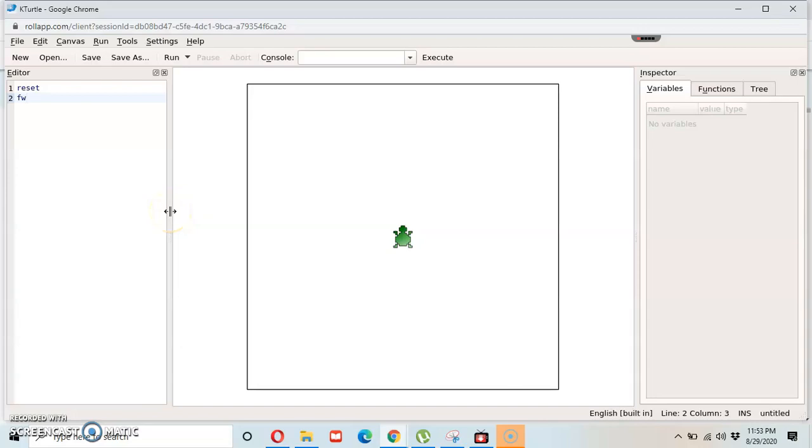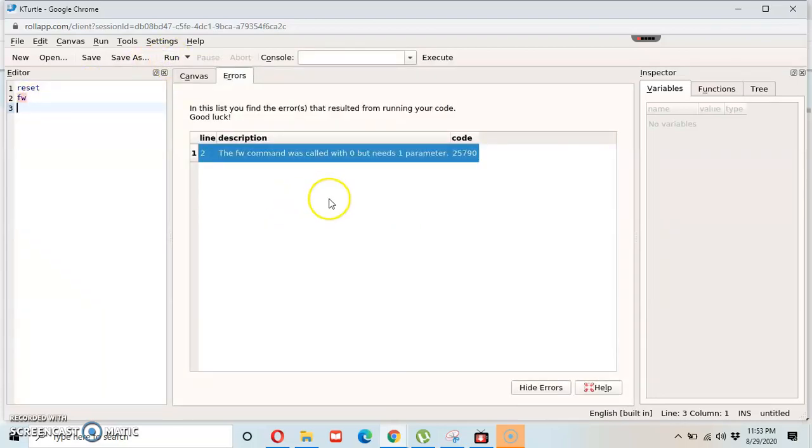If you simply type FW, an error message, the FW command was called with 0 but needs one parameter, will appear. Click the Hide Error button and correct the error in the editor pane. It means that if you write only FW here and do not write any number and press the run command, then again an error message will appear.